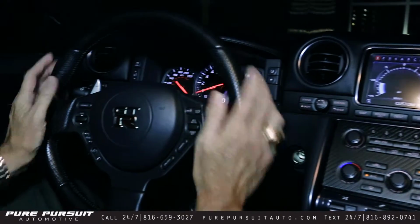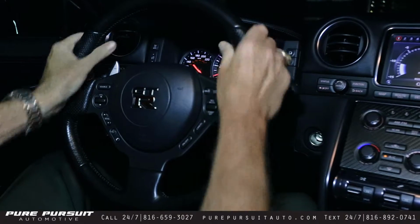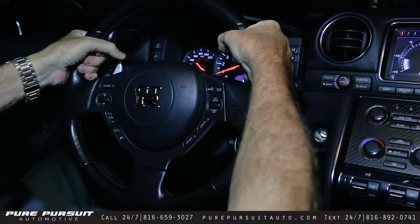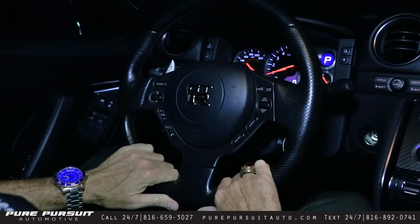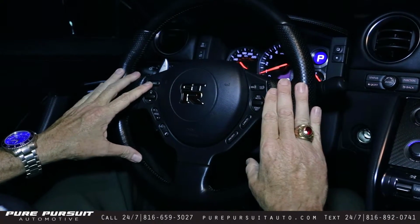The steering wheel itself has got some very unique functions. First of all, it's a very comfortable steering wheel. You've got the leather, and of course you have the pieces of leather here on the sides that are really grippy, where you're able to put your thumbs, 10 and 2, or down here when you're driving it. So you've got a horn, center, and of course several different things that you can do from